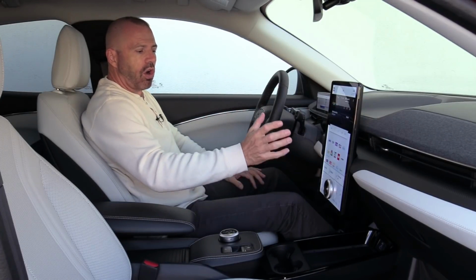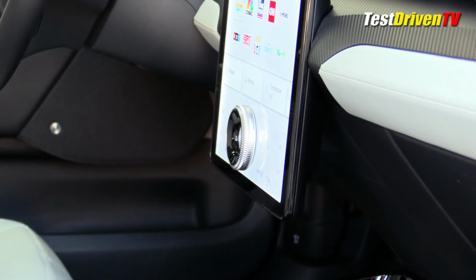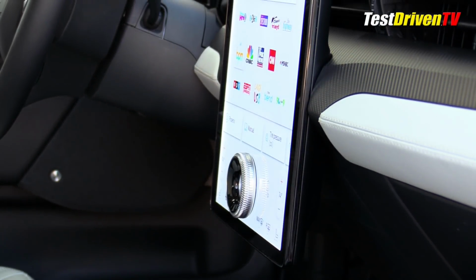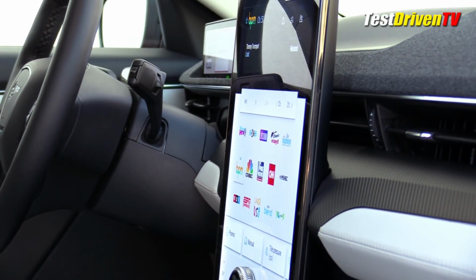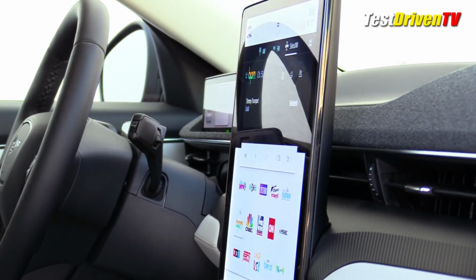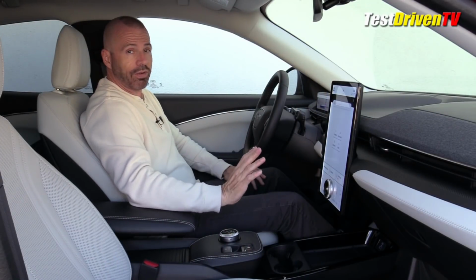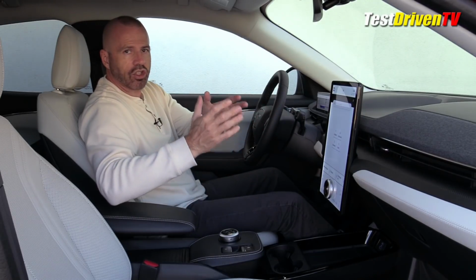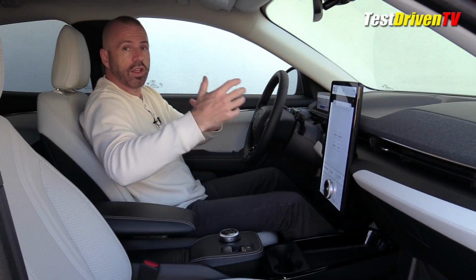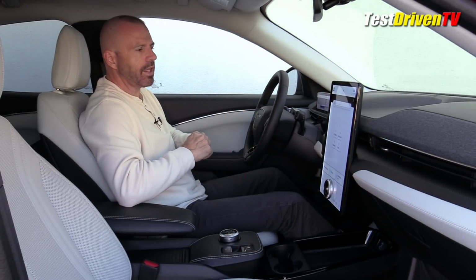This has pretty much all of your controls in it for HVAC, car settings, navigation, audio, virtually everything, all of your car settings that take you into your connectivity, as well as your owner's manual you can call up on here, which is pretty cool. There's videos and a number of other things in here that you can actually look at, and you'll need them because learning some of the car's eccentricities requires watching a video,